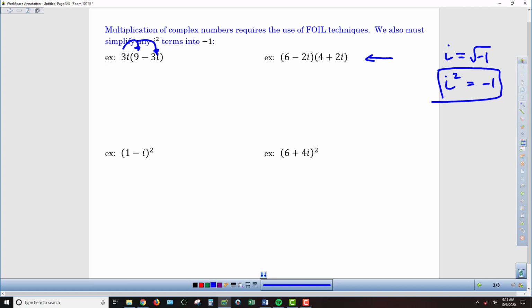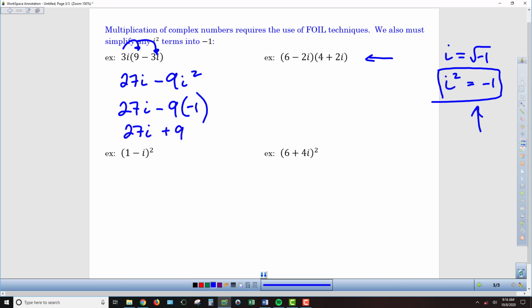So back to this first example, if I distribute that 3i, we've got 3i times 9 is 27i. And we've got 3i times negative 3i, so that's going to become negative 9i squared. So now I'm going to replace that i squared with a negative 1. So I've got 27i minus 9 times negative 1. So negative 9 times negative 1, I'm going to get 27i plus 9,